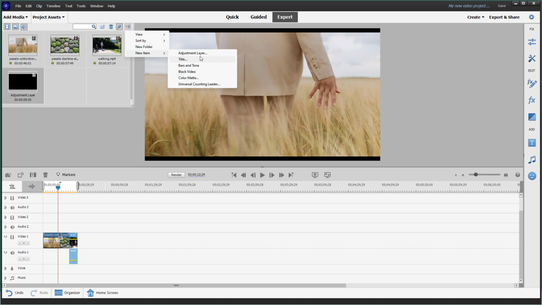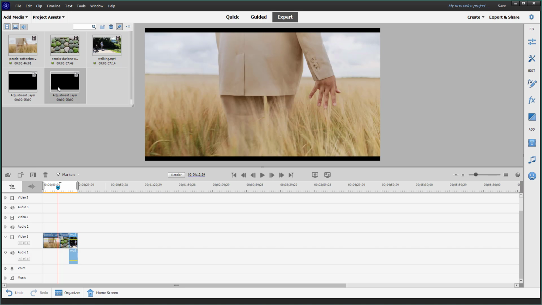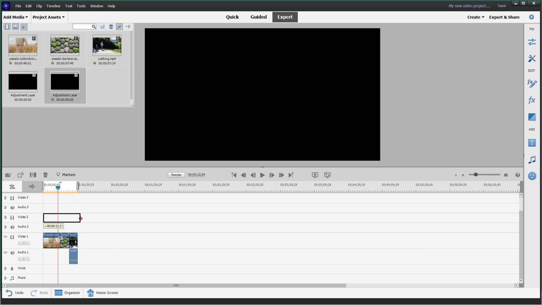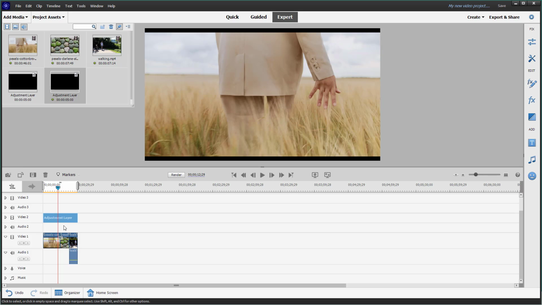then go to new item and then select adjustment layer right here. And an adjustment layer is added in. So adjustment layer is like a transparent layer. And I'm going to keep that in video 2, as you can see right here. And I'm going to drag it across so that it fills up the length of these three video clips right